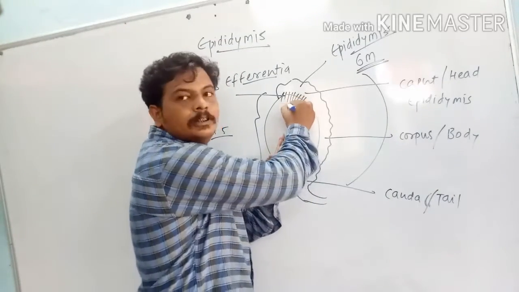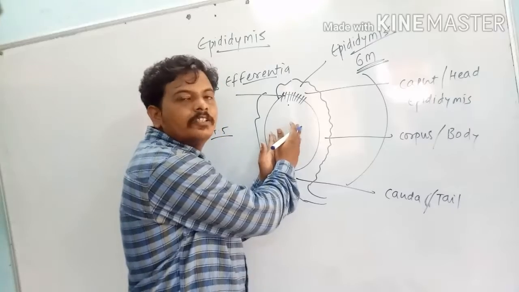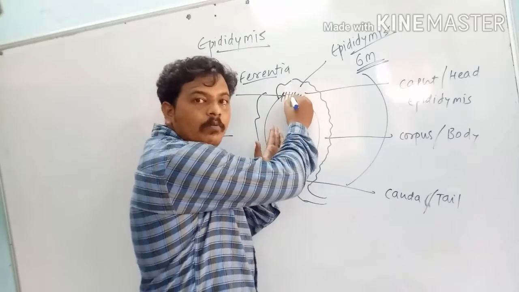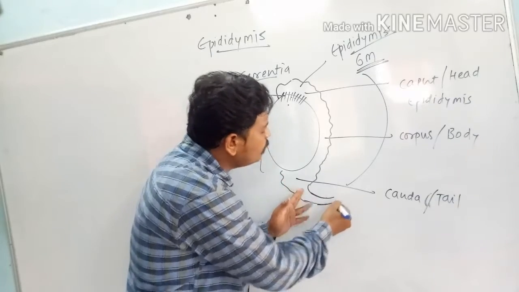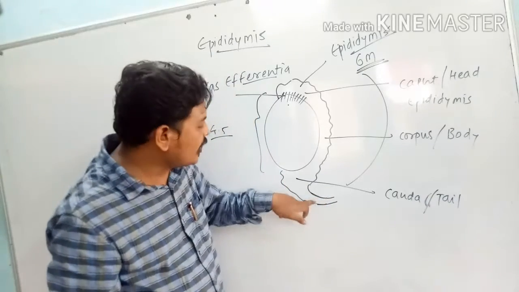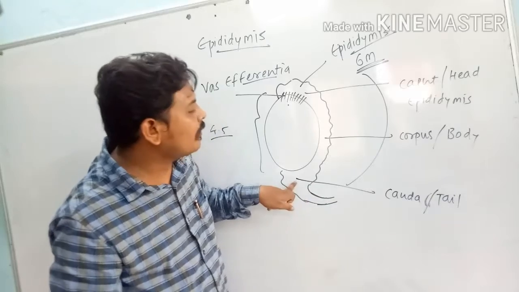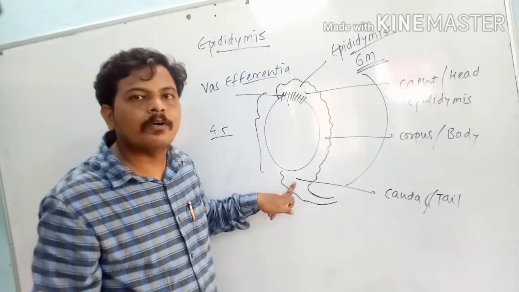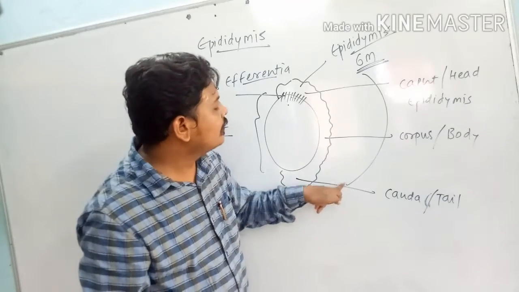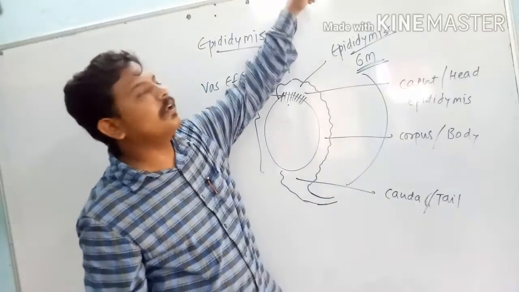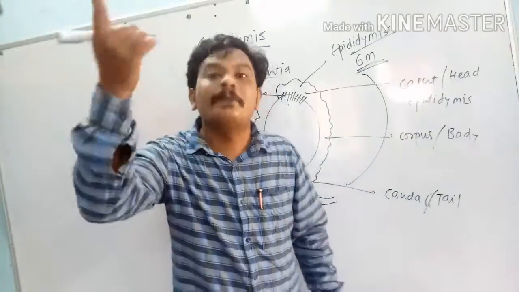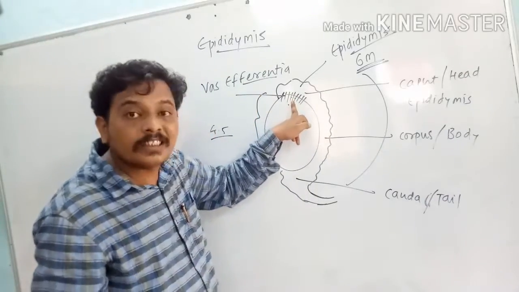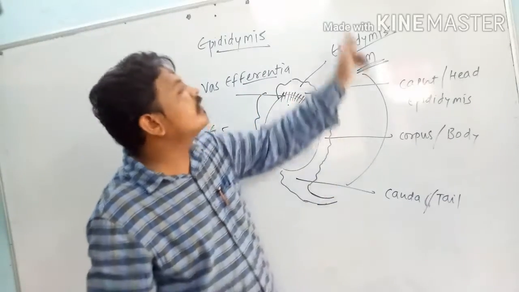मोस्ट इंपॉर्टेंट फंक्शन है, they carry the sperm produced in the seminiferous tubule via vasa efferentia, and they pass out the sperms into the vas deferens. This duct which is arising from the tail or lower part of epididymis, this duct is arising upward and enters into the abdomen. This duct is called vas deferens. ये छोटे vasa efferentia है, ये vas deferens होती है।